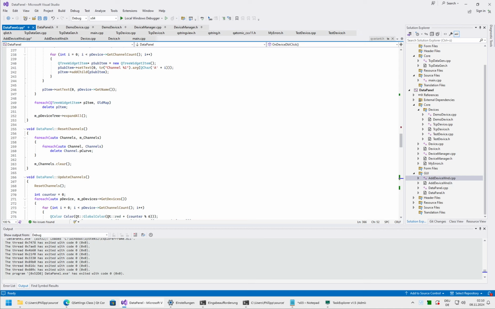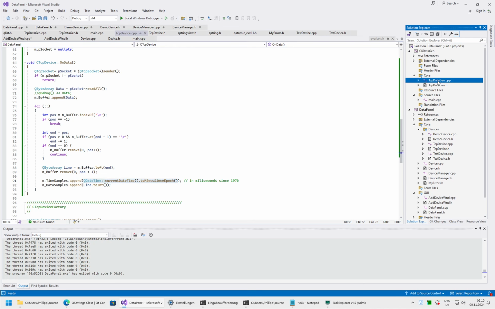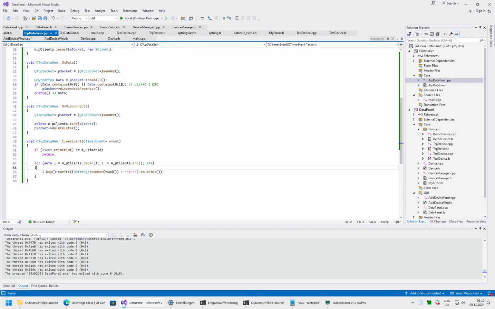Wait, there is actually one thing we could do now before we finish. That is to add the timestamping on the sender side. This is reasonably quick to do, so maybe we should do that. And it will add, I think, some robustness to our protocol. So we just grab this, go to our data again, and here we just write